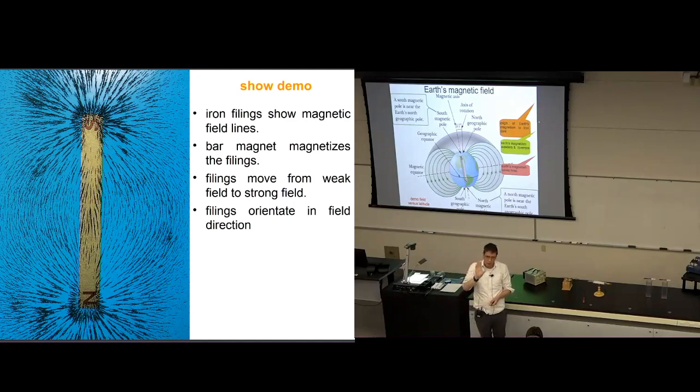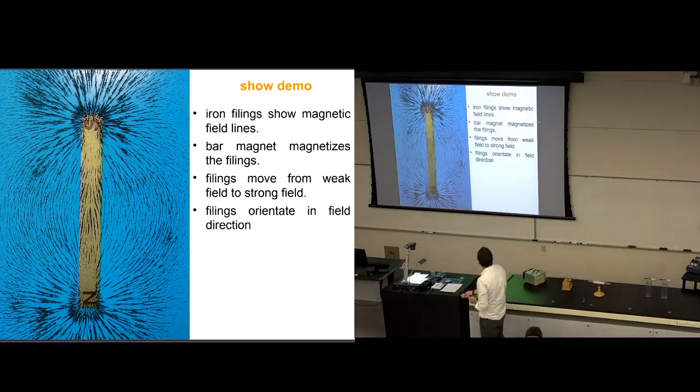This is a sketch. No, it's not a sketch. It's a real photograph. Sorry. On the left-hand side is a magnet, with the north pole down here at the bottom and the south pole up here at the top, and the magnetic field around the magnet is being displayed by iron filings. Iron filings are just tiny granules of iron, like little iron dust. If you immerse them in a magnetic field, due to, for example, this magnet with its north and south poles, they themselves get magnetized in that magnetic field,